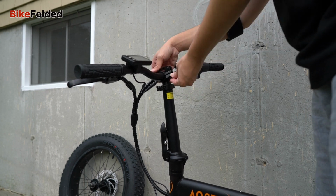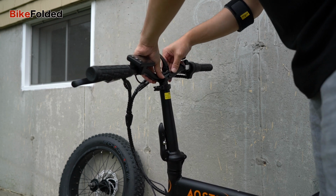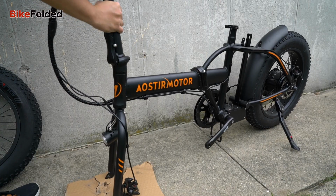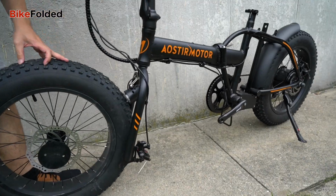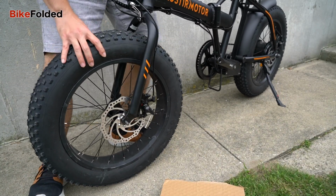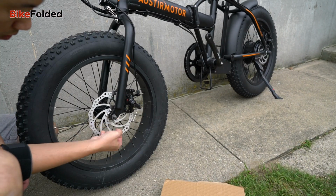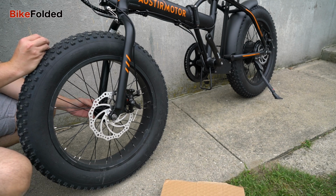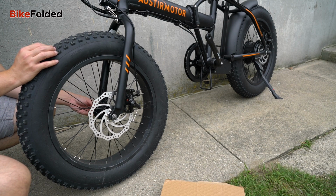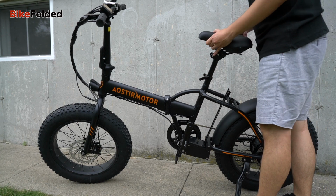The A20 comes nearly assembled, as I just needed to put on the front wheel and some other small parts to start using it. This e-bike features a central folding mechanism, and the handle post also folds down to make a compact size. I love folding e-bikes because they don't take much space for storage and I can transport it easily